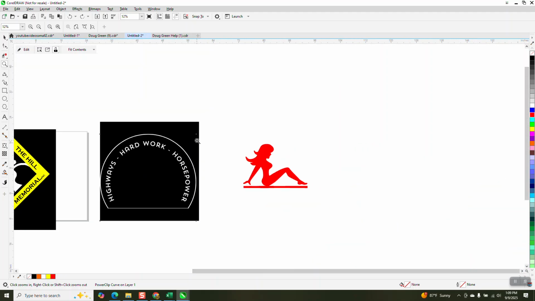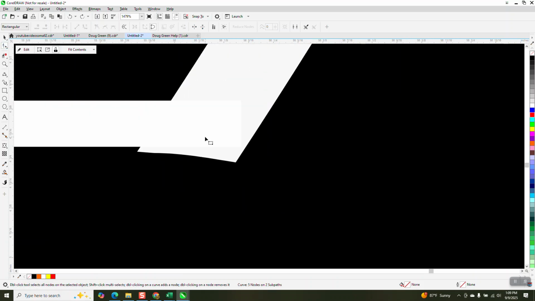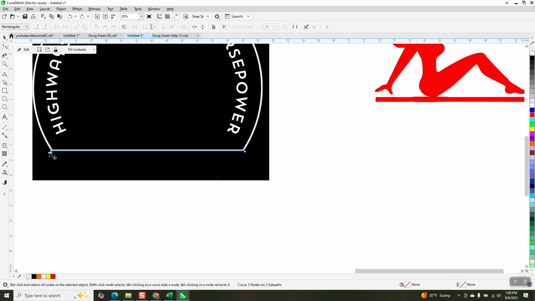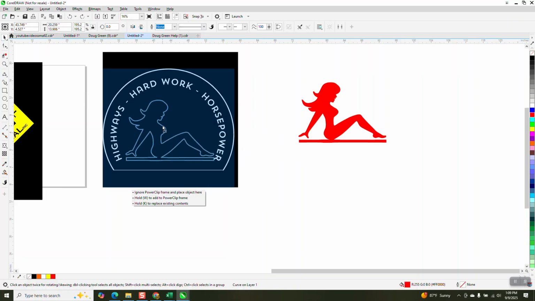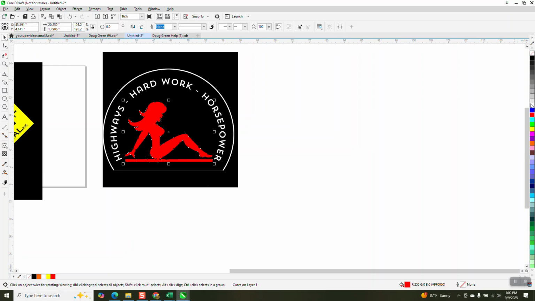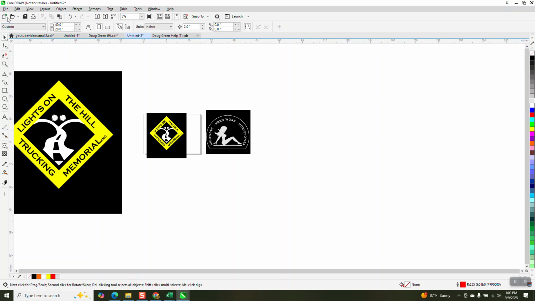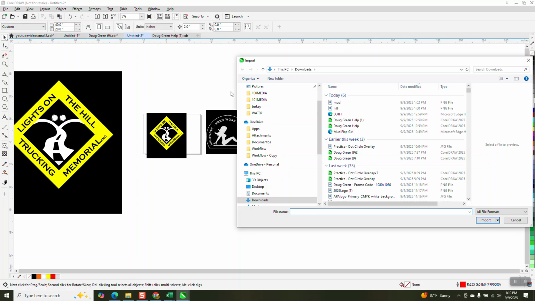So if you even printed it, some of that's going to show up in your printing, and like that corner, that's to me not acceptable. You could probably fix that, but you might as well just redraw it. Just draw a circle and draw a line through it. So we can even move that line. And it's all power clipped. Everything's a power clip. And then you could just move your girl back in and turn her back to white, and you'd have the same thing. So if you can't import the power clip or the file,